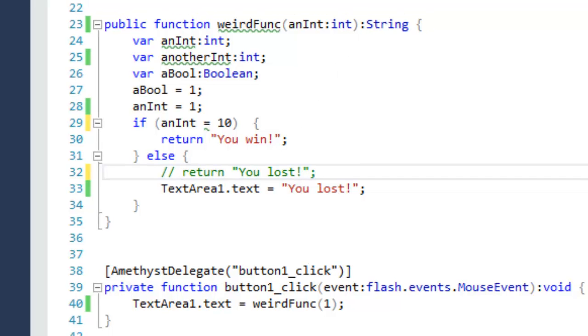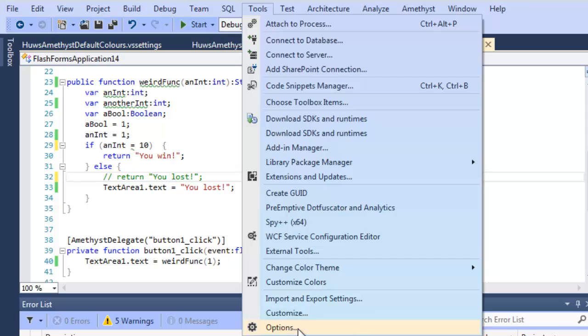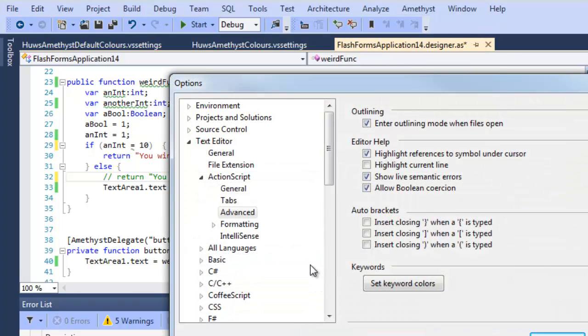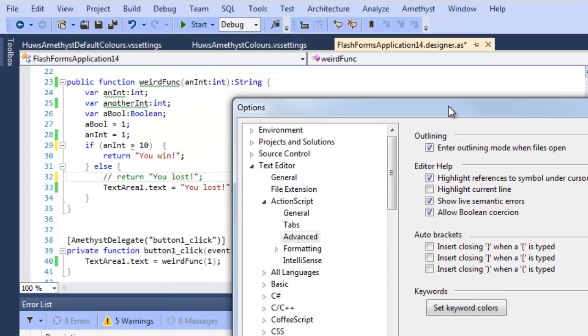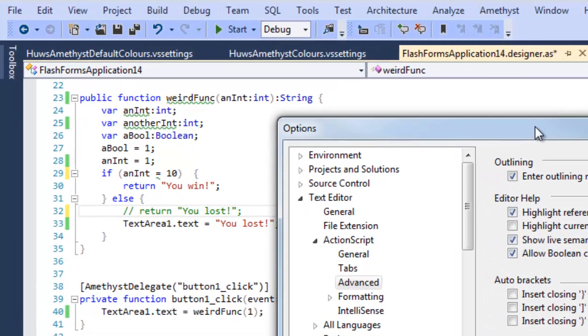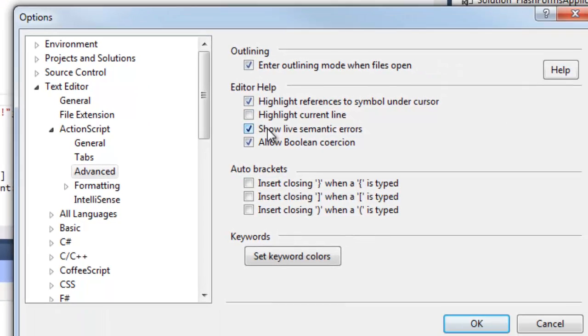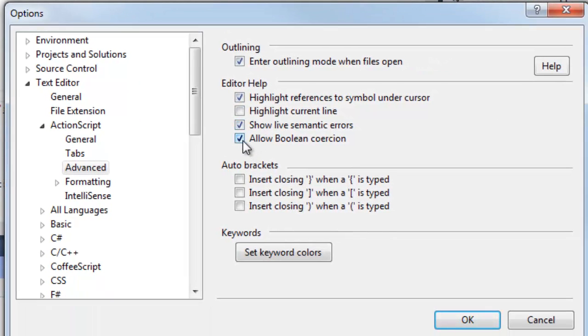Now there's another option that's worth looking at: Tools, Options, and in the Advanced section of ActionScript, Allow Boolean Coercion. Currently I've got this Boolean variable up here, a bool, and I've set it to an integer value equals 1, and no error or warning has been shown. It's valid syntax. You can do that in ActionScript, but many programmers wouldn't consider that to be desirable behavior. So I'm going to unclick this,